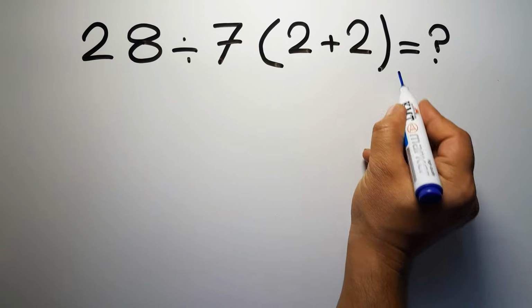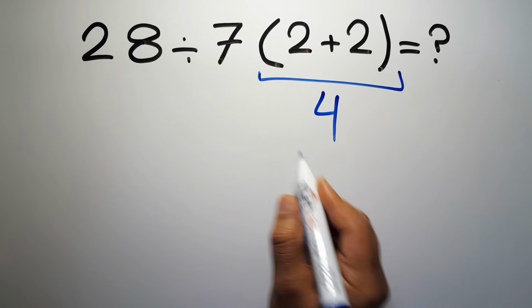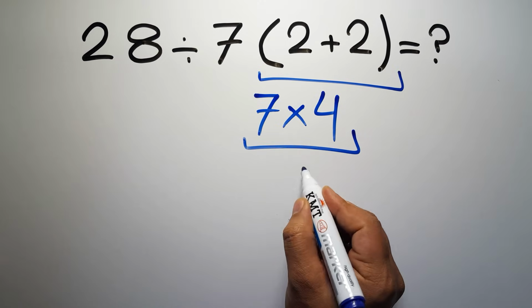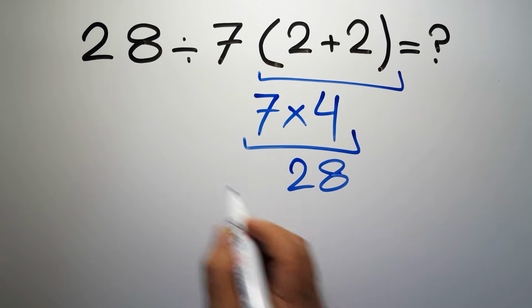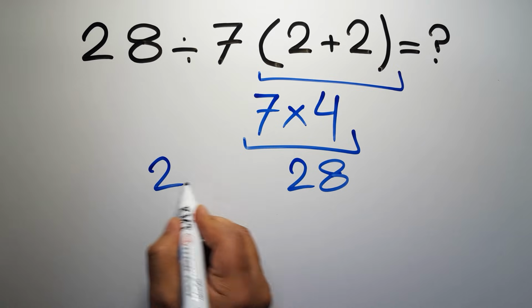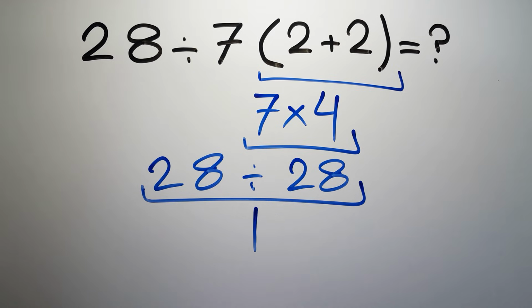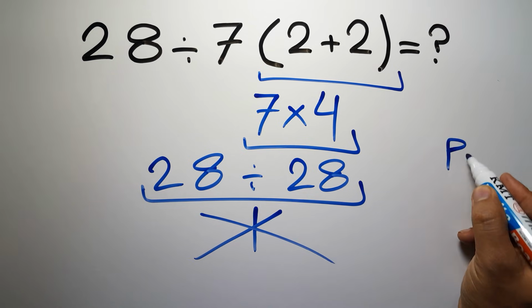2 plus 2 gives us 4. And 7 times 4 equals 28. So 28 divided by 28 is just 1. But this answer is not correct, because according to the order of operations, first we have to do parentheses, then